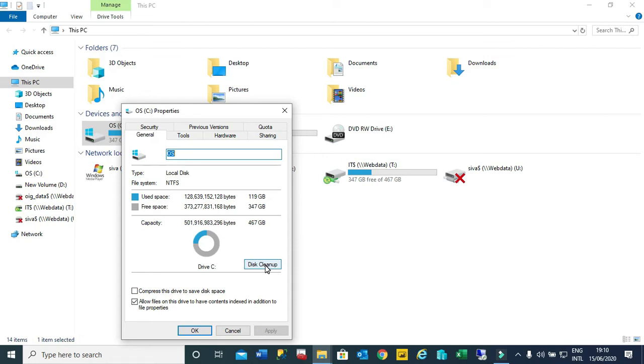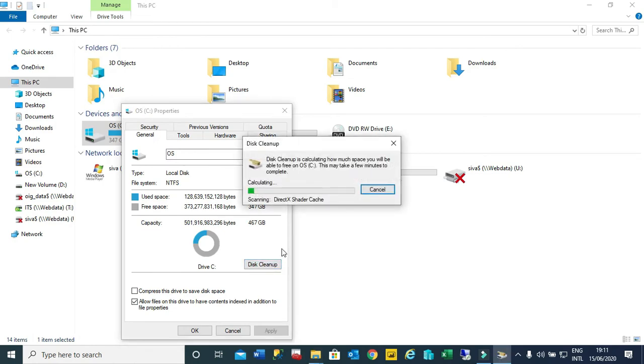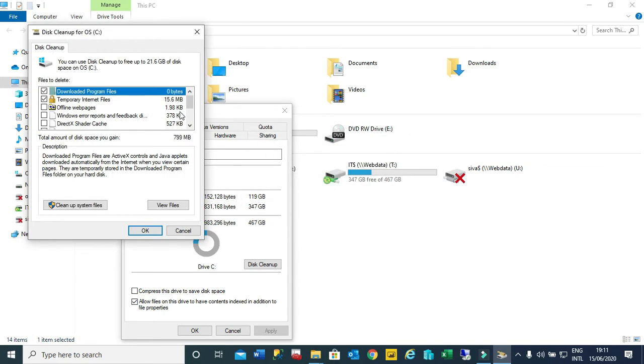Whenever you purchase a laptop, you don't bother to clean up or maintain it, so this junk keeps on occupying some space, which I will show you right now: how much data is occupied by junk or temporary files which are not required, and which Microsoft recommends we delete for better performance of the PC or laptop. So just click disk cleanup and it will calculate how many temporary files and error files there are. Totally, if you see here, it is showing 799 MB.